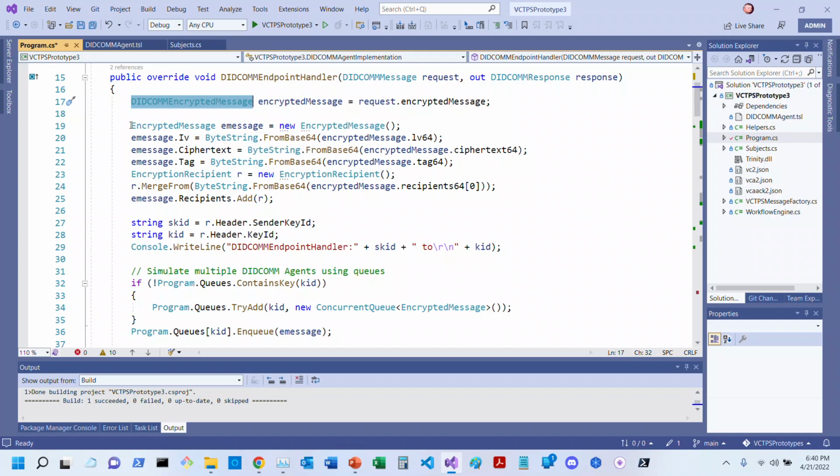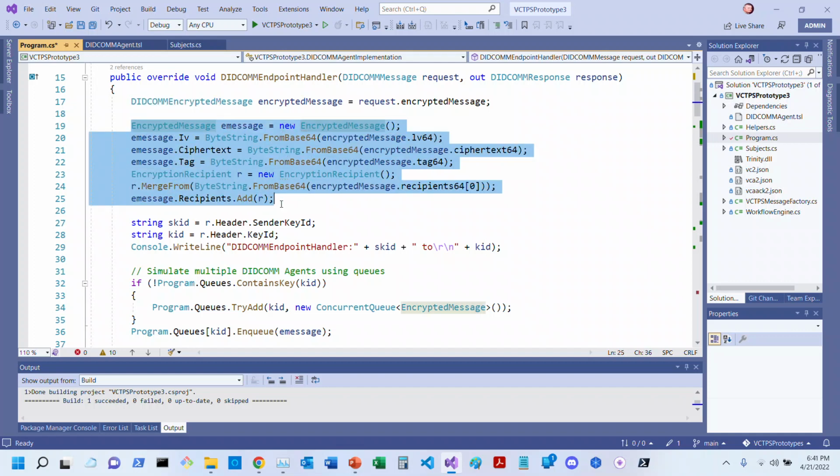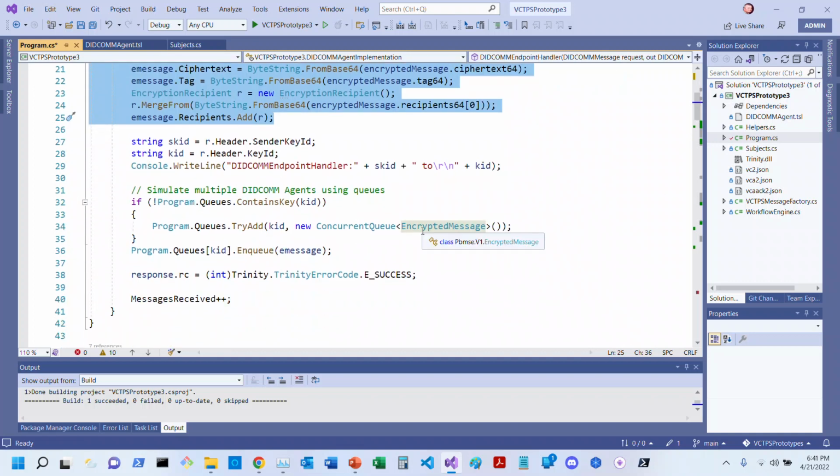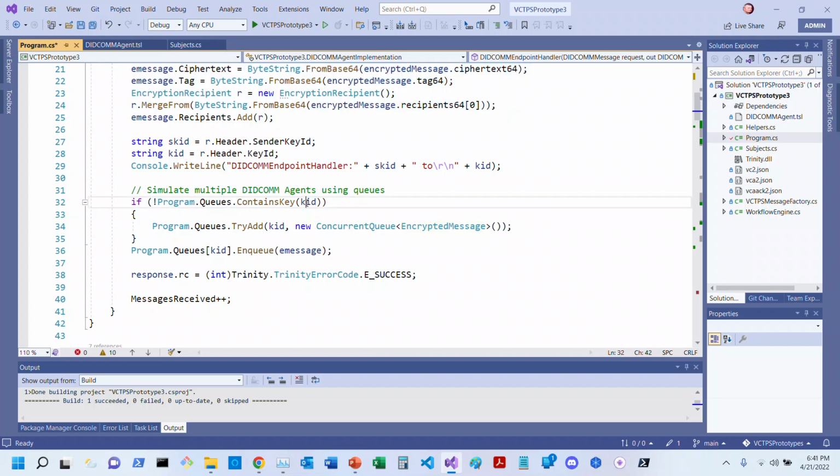We're then going to use the intrinsic libraries to rebuild the encrypted message so that we can then process that internally on our message queues. So we're going to see if there's an existing message queue for the particular recipient key ID. And if there is, we're going to enqueue the message on the queue for that particular recipient key ID. If it isn't, we're going to create the queue first. We're going to return success and exit our